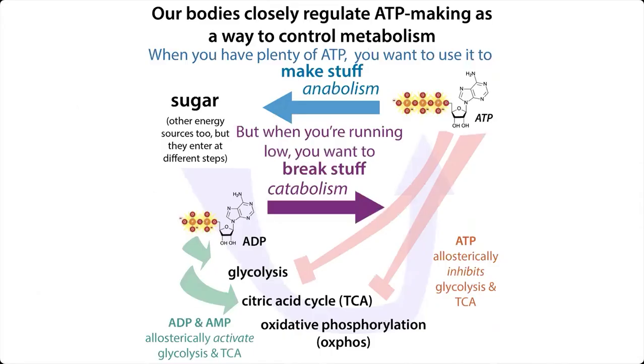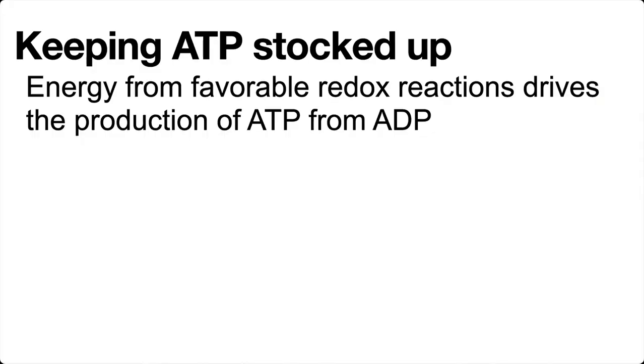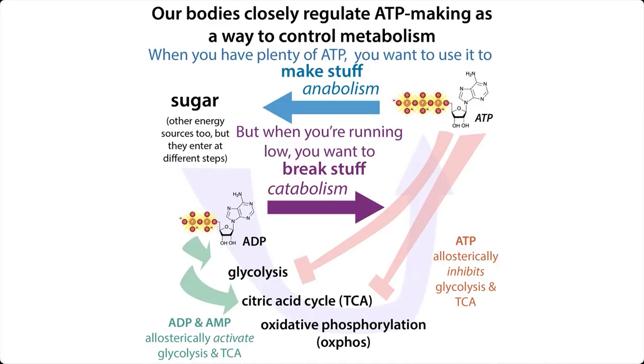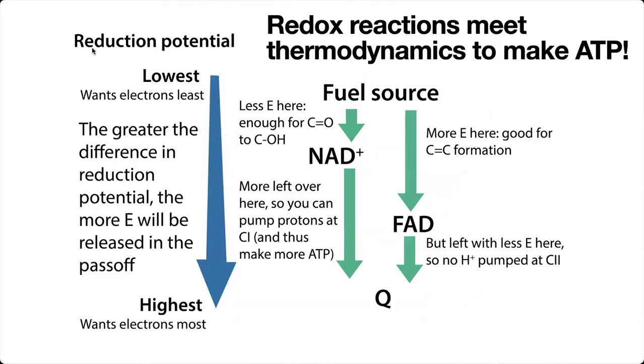We can also use ATP and ADP and AMP as a way to think about how much energy our cells have and how much energy our cells need. And we'll get much more into this in future lessons about how ATP is going to slow down catabolism and ramp up anabolism. So stop breaking things down and start making things. And in the reverse, if you've got a lot of AMP or ADP, but not a lot of ATP, you're going to want to make more ATP. So you're going to want to break things down to use the energy from the favorable redox reactions